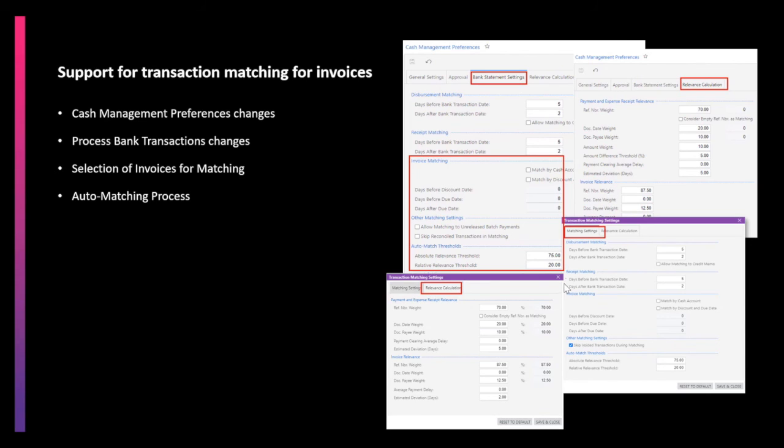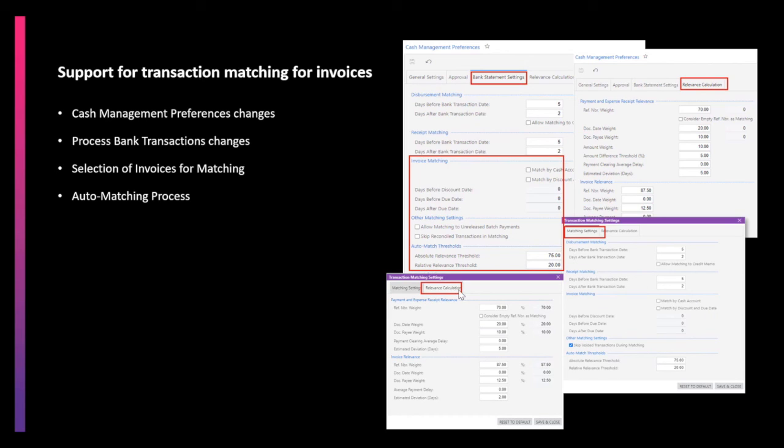Next, there are a few changes to the process bank transaction screen. Here there are two tabs. One is for relevance calculation and another one is for matching settings. On the invoice matching settings, in the invoice matching section area, a filter has been added to select an invoice based on cash account or based on discount or due dates. An auto match threshold section has also been added.